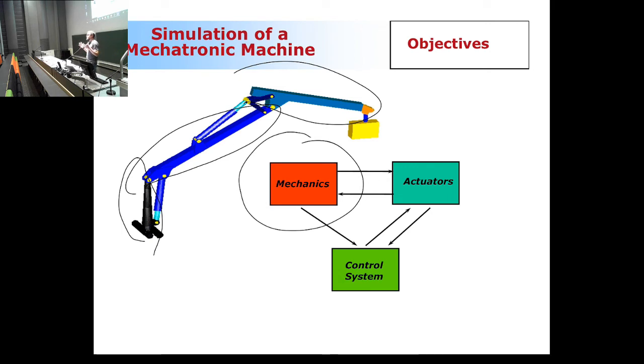But it is very important to understand that the mechanical component is not the machine, because mechanical components don't move without actuators. And what is important in terms of machine performance, dynamic performance, is that we have to look at how we can combine the actuator models with the mechanical models. And that's exactly what we're going to do. So we're going to also model the hydraulic actuators and see how the system, a coupled system this time, performs, how its dynamic performance is.